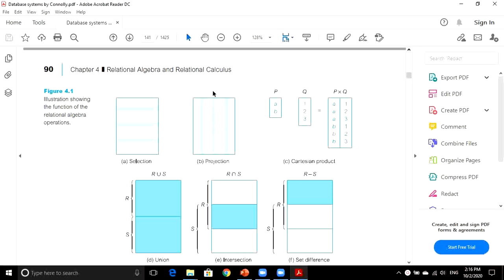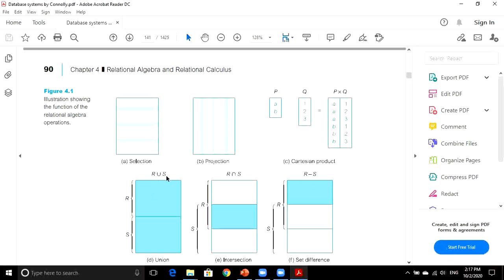In projection we select a specified number of columns from the table which we want in our resulting table. Then we have Cartesian product, in which we multiply each row of P with every row of Q. Like here we have multiplied A with 1, 2, 3 and then B with 1, 2, 3. So this is the Cartesian product. We apply Cartesian product on two tables when we want to retrieve data from two different tables.